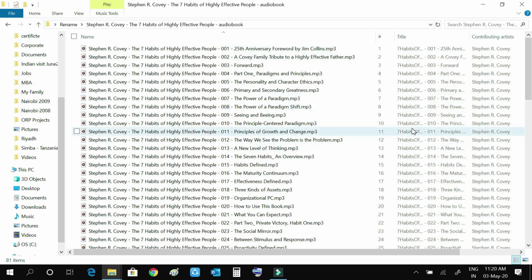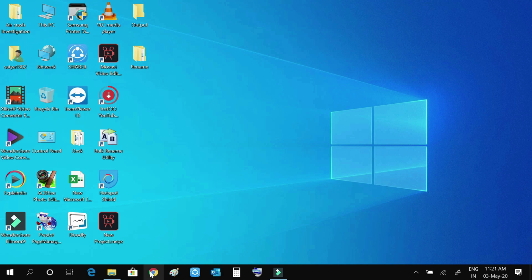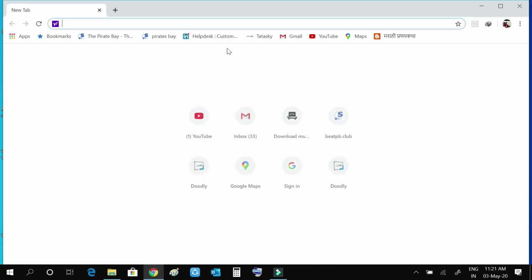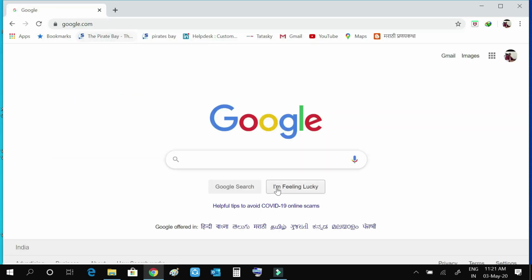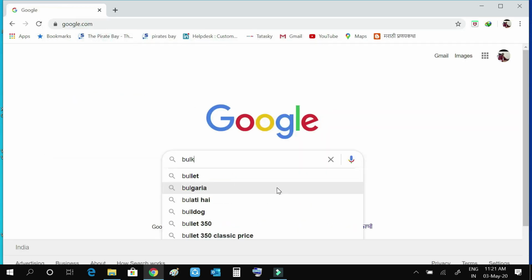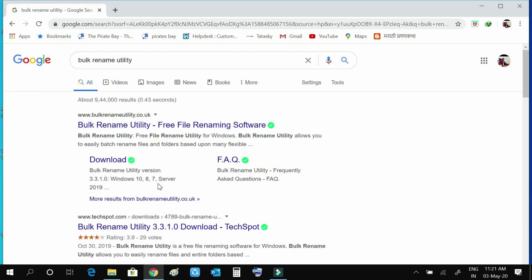So I came across one software which is very easy and free for you. You can Google bulk rename. See, this is Bulk Rename Utility.